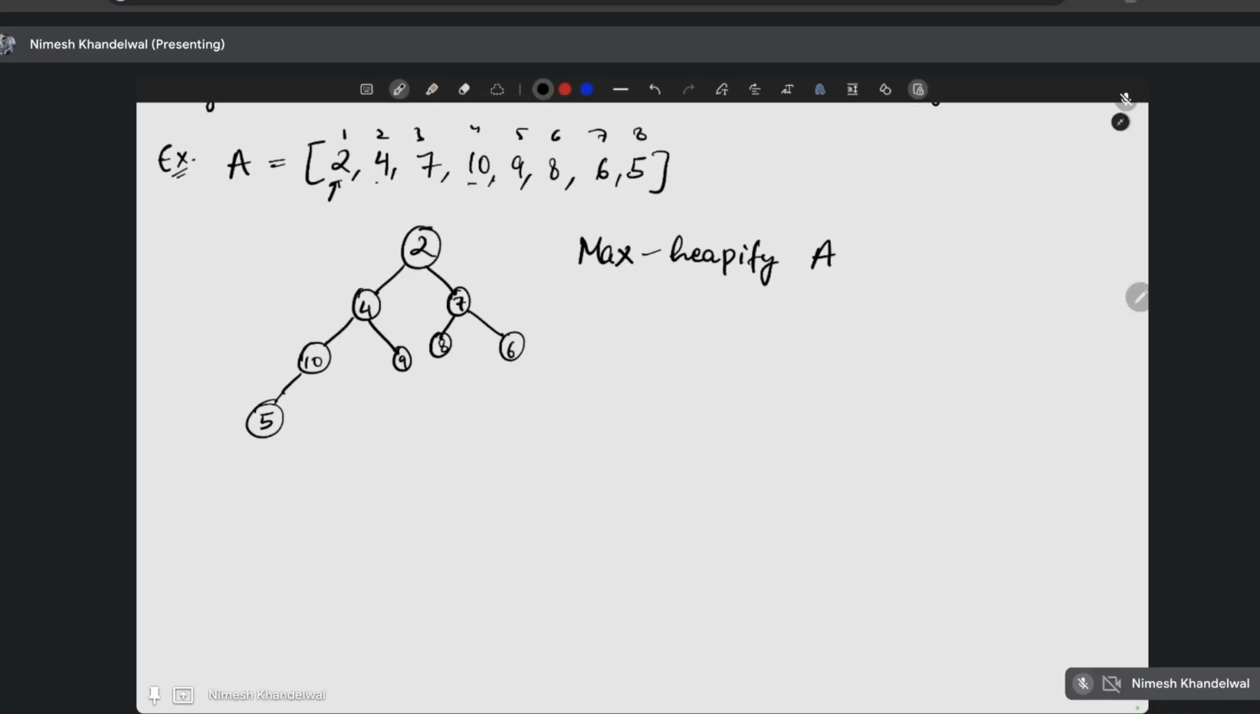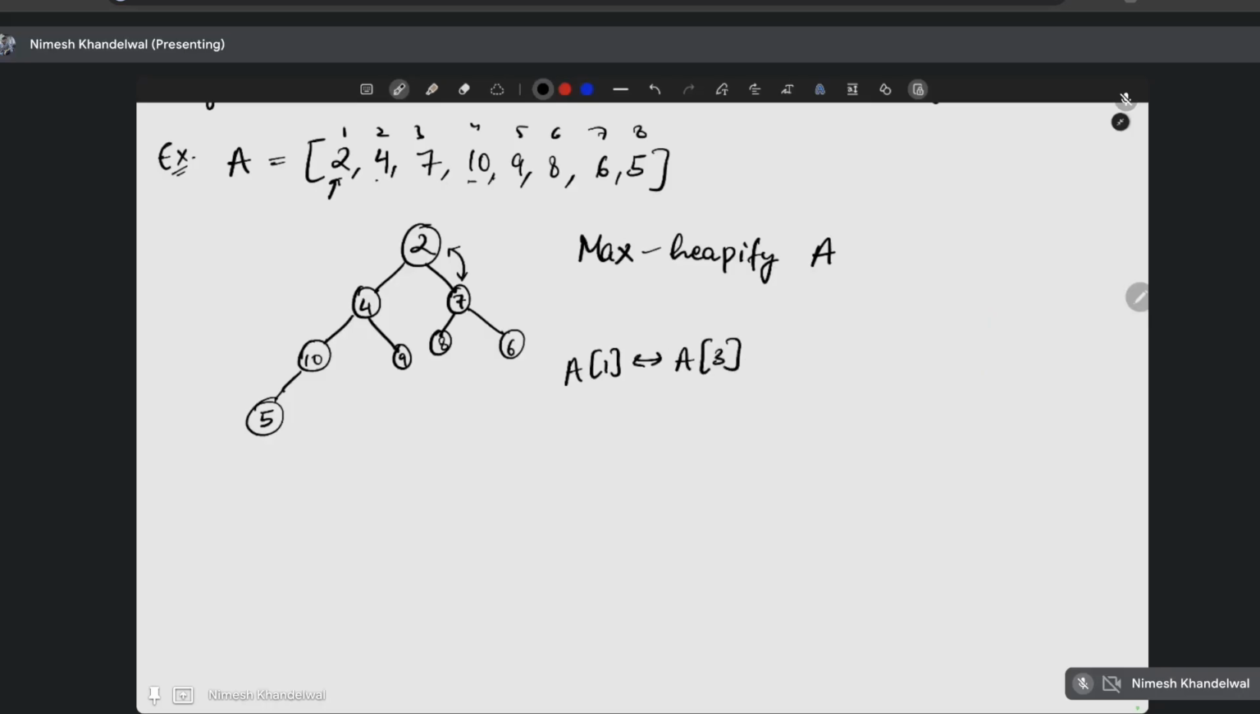2, and then we check the children, right? And whichever child is bigger, we swap the parent with the child, right? So this is basically the idea of max heapify in its entirety. Okay, so we replace A of 1 with A of 3,